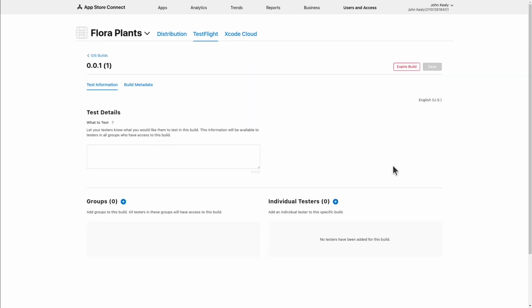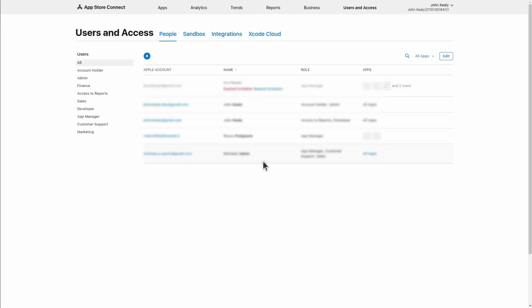Now, the first person to test the app on a device is generally going to be you. So you're probably going to be part of users and access up here. But of course, it's important to make sure that the App Store account you're using here is the same App Store account that you're logged into with your iPhone. And in my case, I actually have a work account and a personal account. So I need to add my personal Apple account to users and access